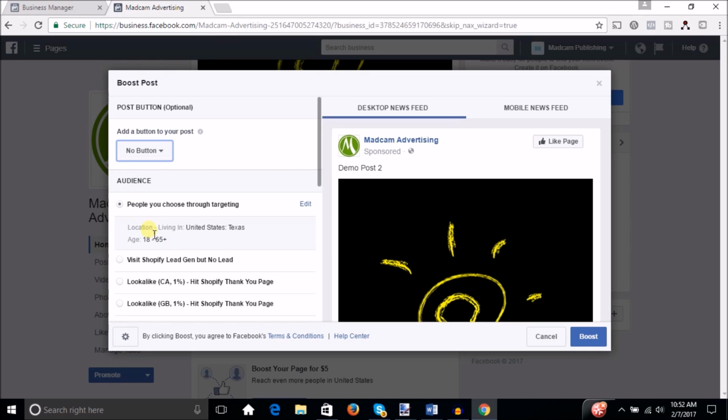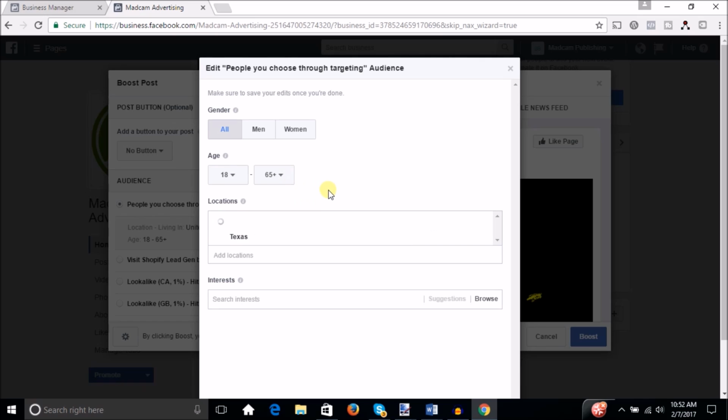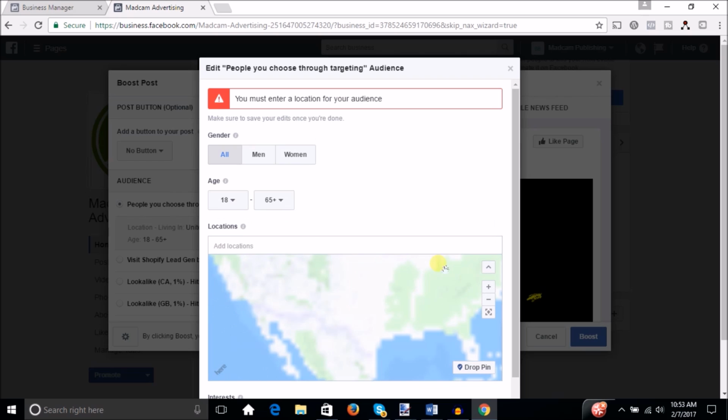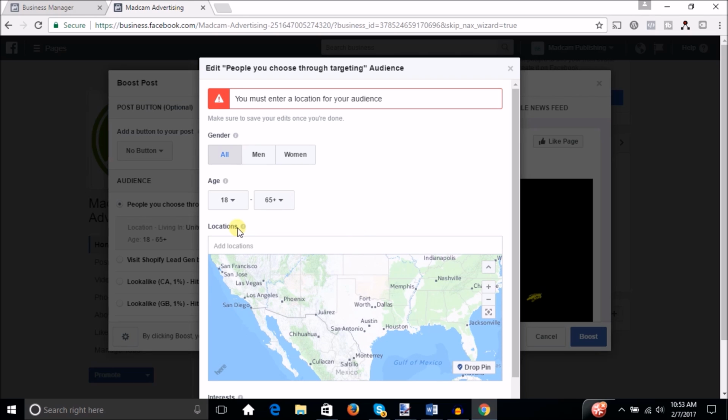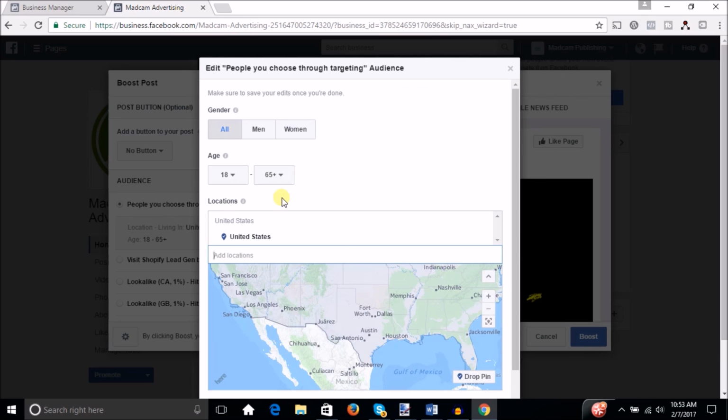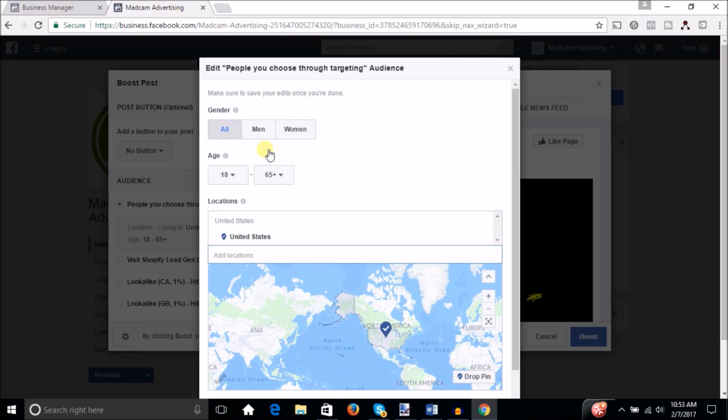If you have some audiences in here, you will see that they are available. But what you want to do is you will always want to edit your targeting, okay? And you can simply do this. You can get as specific as you want. So let's just say for the purposes of this boosted post, we're going to automatically default to your location as well. So let's just say we're going to add the United States here. And you can add as many or as few as you want. But we're going to add the United States here, and you can target men, women, you can target your age